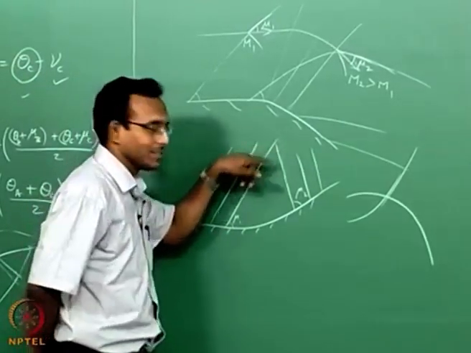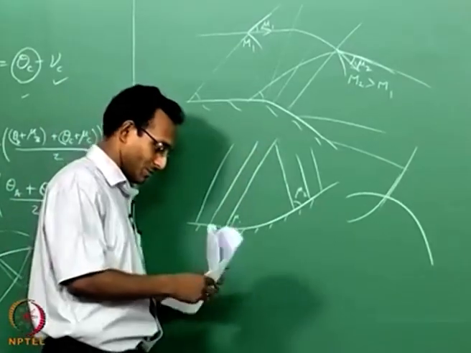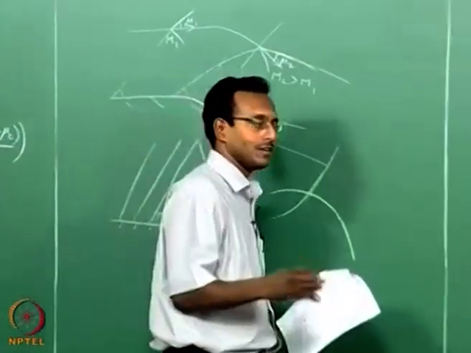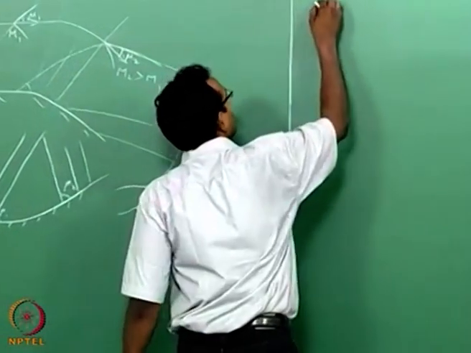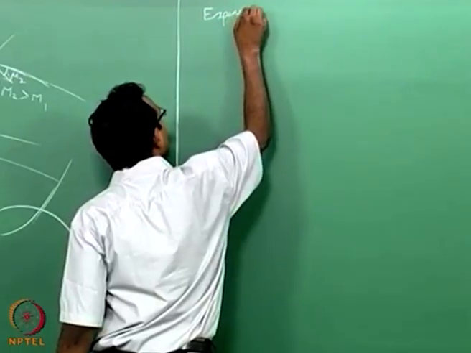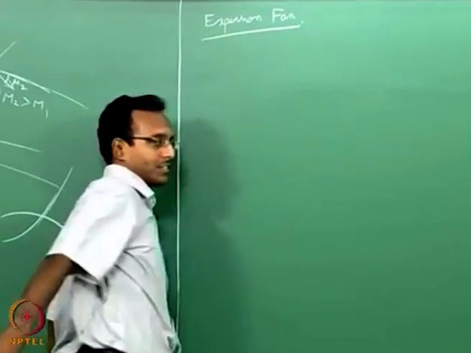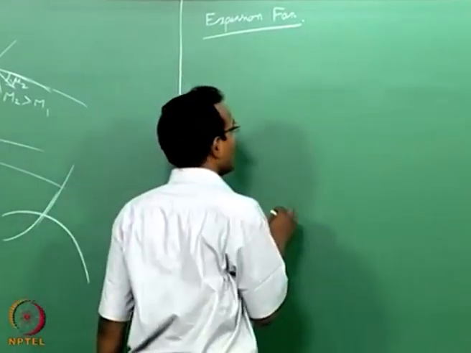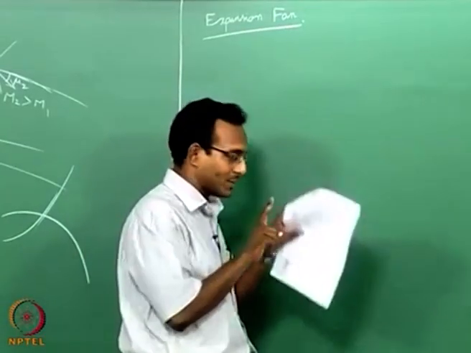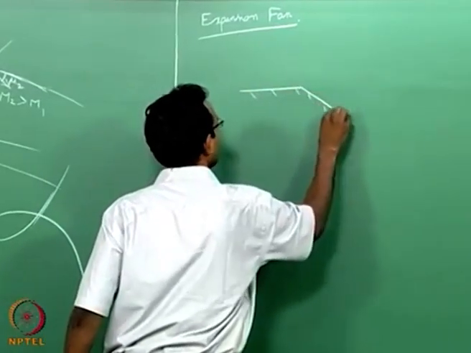We will come back to what happens when things go wrong, when they cross. We will come back to this particular corner when things go wrong later, but we will just look at expansion first. Now, I will give you one more subroutine, the expansion fan, corner expansion subroutine. I will just call it the expansion fan subroutine. When I say expansion fan, I am going to think about so many Mach waves in one small fan. Ideally, if I have a sharp corner expansion,